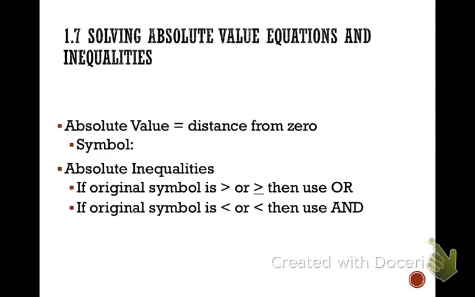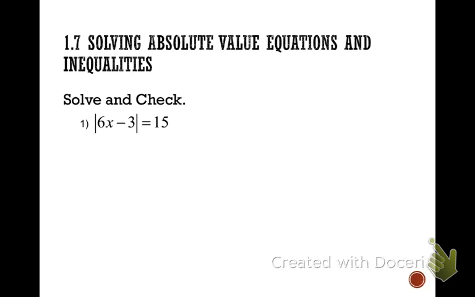So if it's an absolute value and it's equal to, it's going to be an OR statement. If it's an inequality, if it's a greater than, it's also an OR statement. But if it's a less than or equal to, it's going to be an AND statement. So if we have the absolute value of 6x minus 3 equal to 15, all I'm going to do is